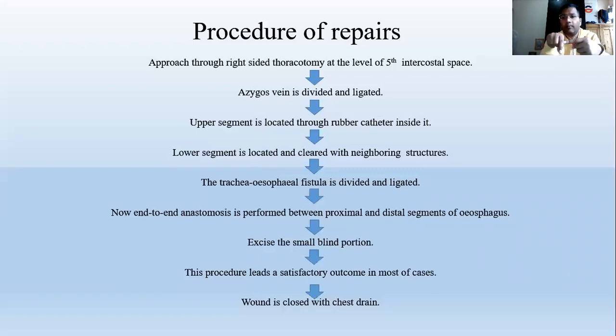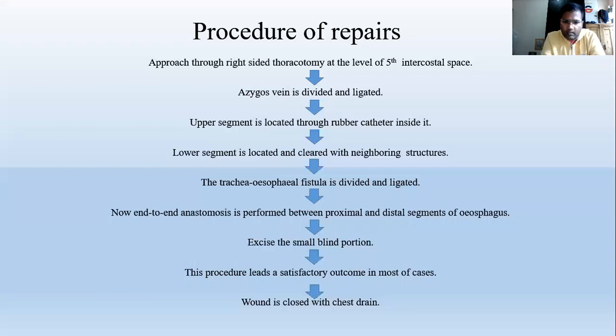And sometimes in the ileum, when there is a need to increase the lumen or in some other region, if you close two parts of the ileum like this, understand, like this, that is side-to-side anastomosis. So there are three kinds of anastomosis: end-to-end, end-to-side, and side-to-side anastomosis. So here, because we have to close the esophagus longitudinally, we have to do end-to-end anastomosis, meaning we are closing both ends of the proximal as well as distal part of the esophagus.